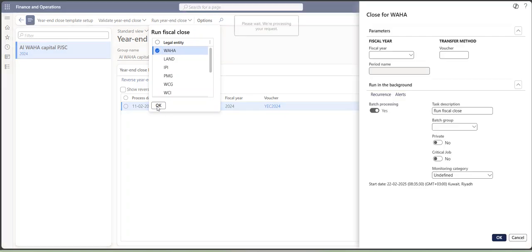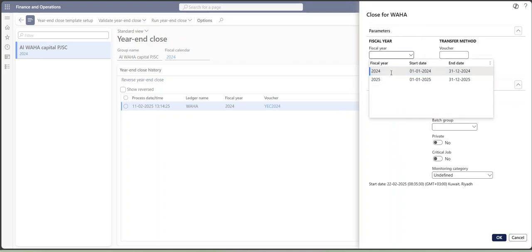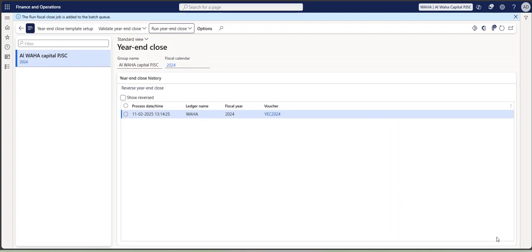Once you have clicked on OK, a record will open over here, and here we will select the respective year, like 2024. Okay, and we will give our voucher series number. Then we will click on OK. Once you click on OK, the year end closing batch job will be added. You can see the run year end closing batch job has been added to the batch